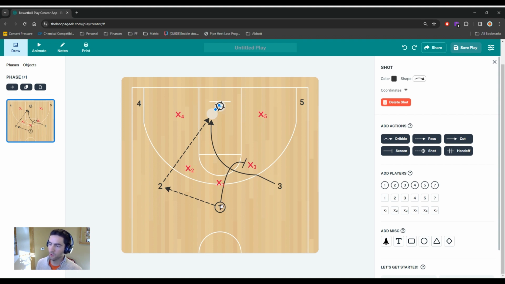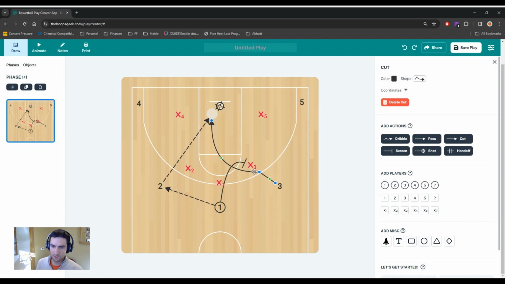So the point guard, number 1 here, is bringing the ball down. That's why he's got the circle around him. He's going to make a pass to number 2, come around, set a screen on the defender for number 3 here. Now number 3, like we showed last week, is going to set this defender up well by running up